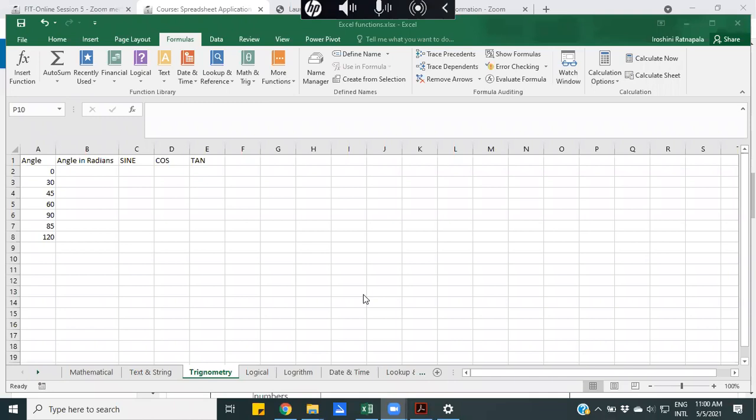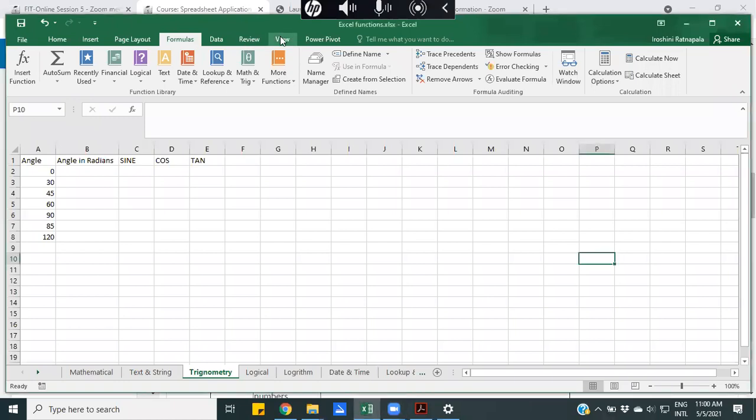So the Excel trigonometric functions work only with radians. If you don't put the value in radians, you will not be able to get the correct answer. So the first thing you have to do, if the angle is given in degrees, is convert it to radians, right?